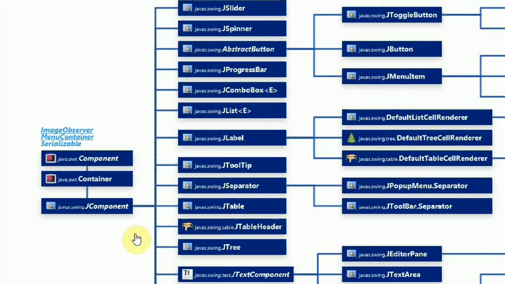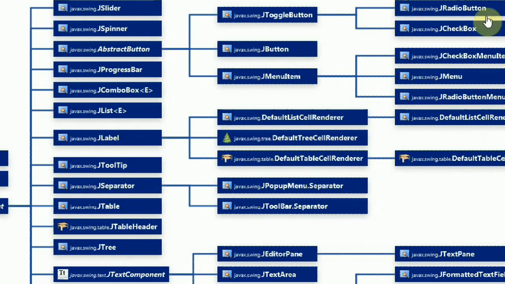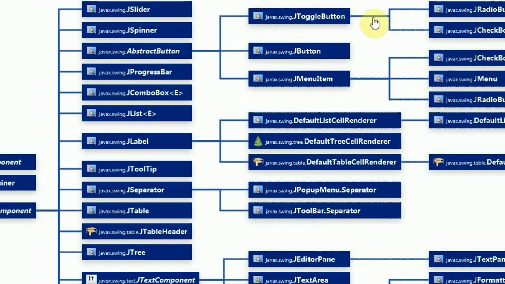Inside this JComponent, these are all the component classes. There is a component called JSlider, then JSpinner, then AbstractButton and JToggleButton. All these are derived from AbstractButton, then JButton, and then JMenuItem. And you can see that JRadioButton and JCheckBox are derived from ToggleButton.